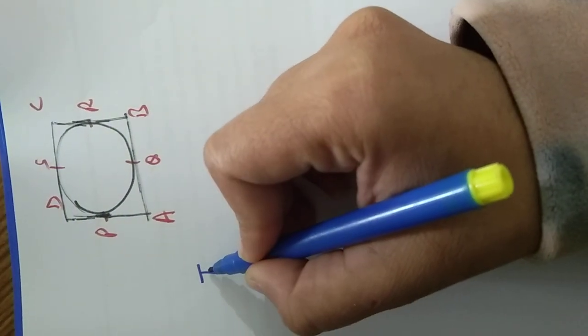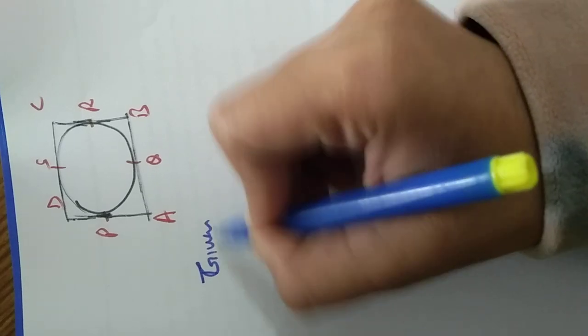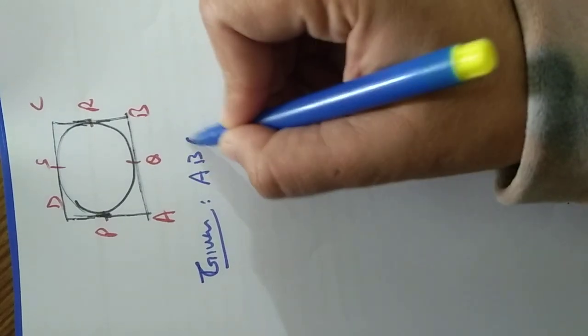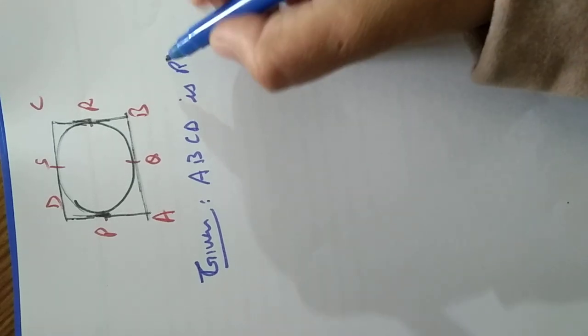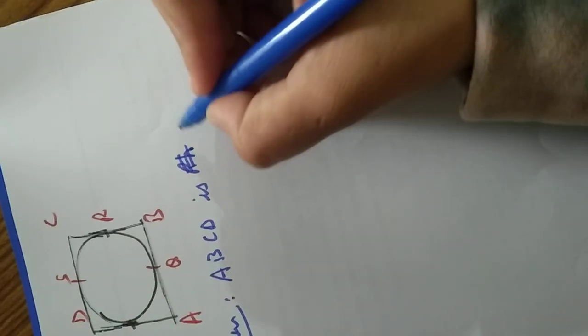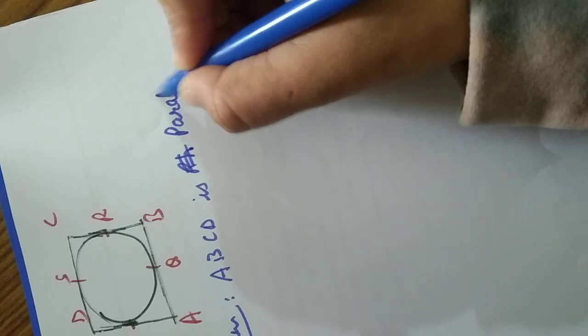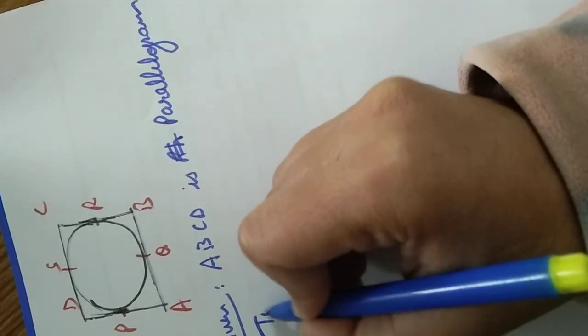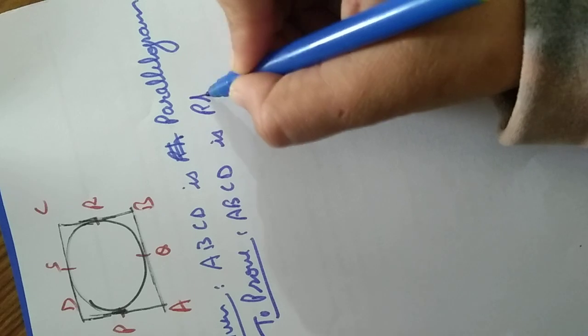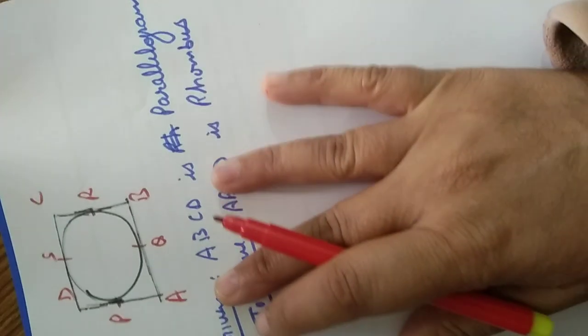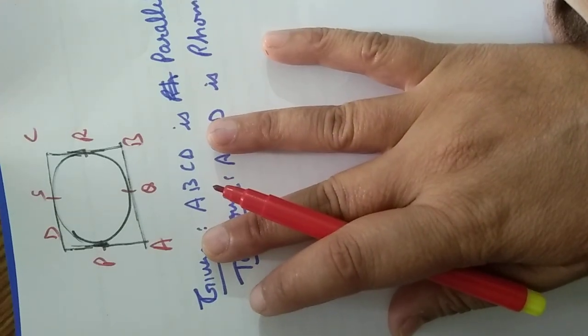So what is given? First of all, given is ABCD is a parallelogram, and we have to prove that ABCD is a rhombus. So let's start. Since ABCD is a parallelogram,